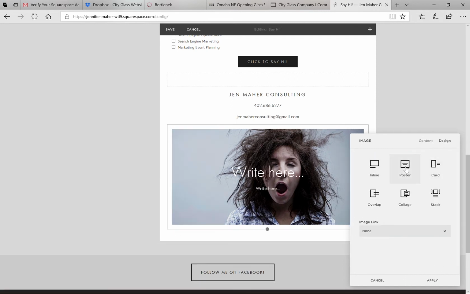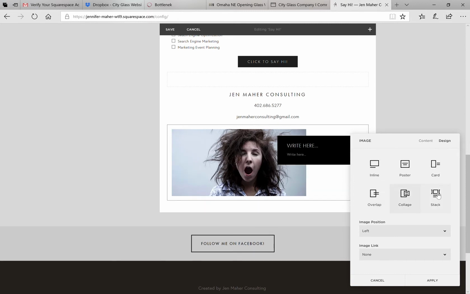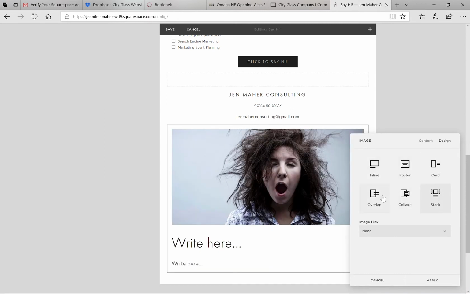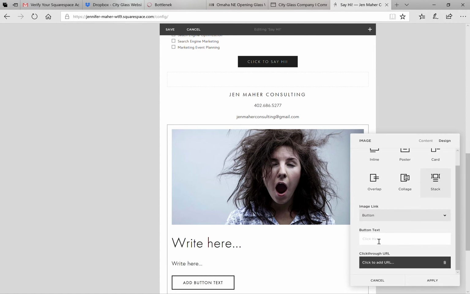I can then go into design. I can change my style and do all sorts of different styles in here, whatever I think works best. I can also link my image. So I could say I want there to be a link on the image, so they actually click on the image, it will take them somewhere else, or I can make it be a button. The button can say click here,